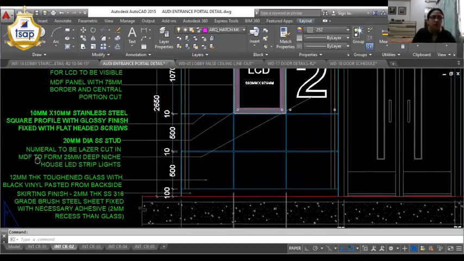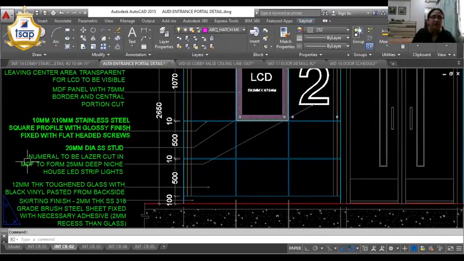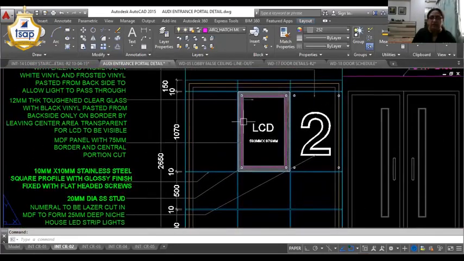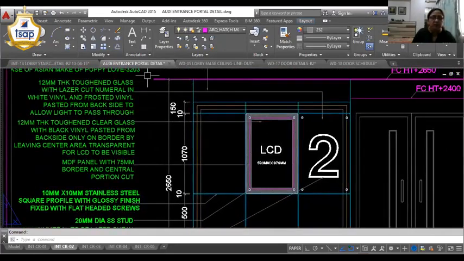The numerical to be laser cut in MDF to form a 25 mm deep niche to house LED lights. Then that particular glass, which is 12 mm thick toughened glass, has the numerical laser cut in white vinyl and frosted vinyl pasted from the backside to allow light to pass through.